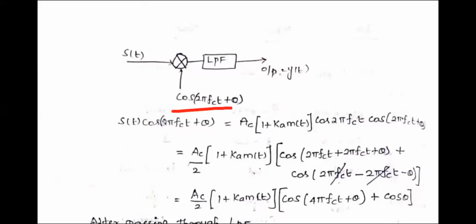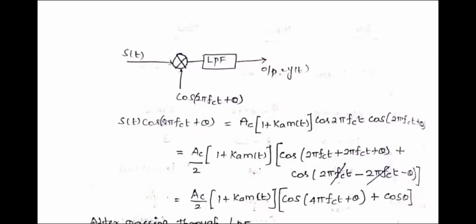Generally, at the receiver side, we are using a local oscillator. The local oscillator should not have any phase offset, but in reality it will have. To analyze that, we take the offset as theta and see how the system behaves with respect to theta, whether it is going in the best way or the worst way. As theta increases, what happens to the system, that we have to analyze.